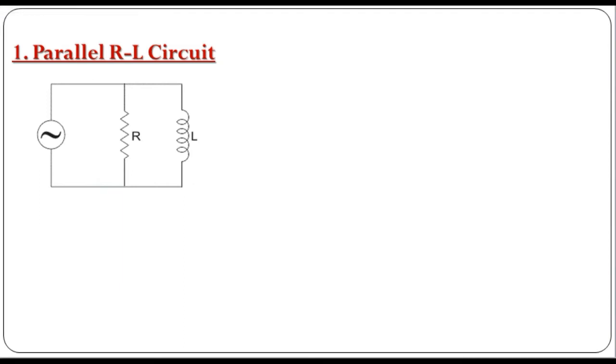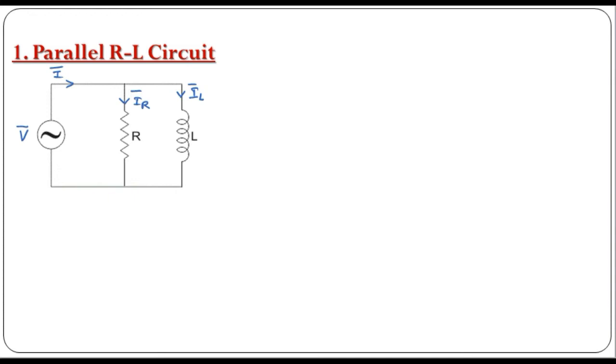Okay, so let us start with the first topic, which is analysis of parallel RL circuit. Okay, यहाँ पे क्या है कि हमने एक रेजिस्टेंस एंड एक इंडक्टेंस, दैट इज L, उनको पैरेलल में कनेक्ट किया है. Okay, the voltage source is V phasor, and the current flowing is, so total current is I phasor, and the current which is flowing through this resistance is IR phasor, and the current flowing through the inductor is given by IL phasor. Okay, so जब भी different elements present होते हैं, we have to consider the phasor summation.